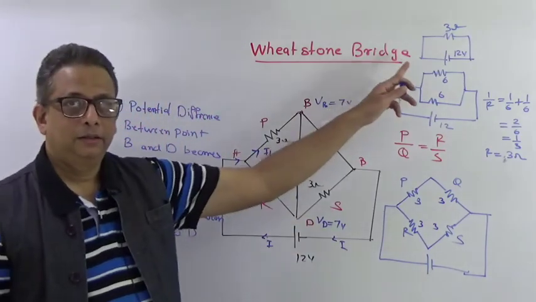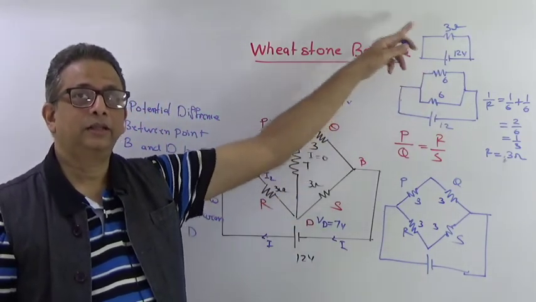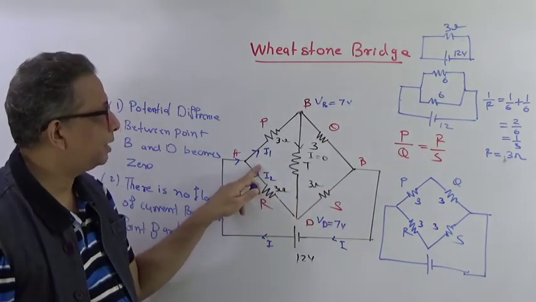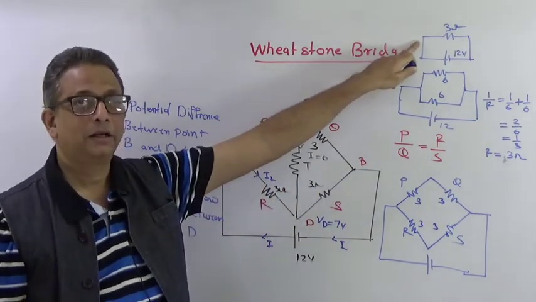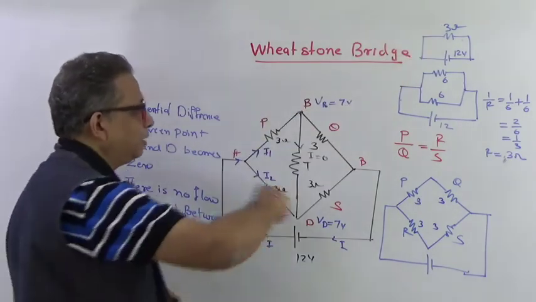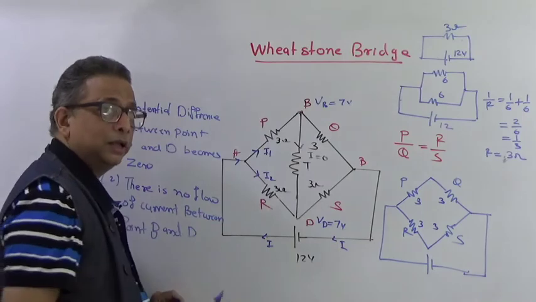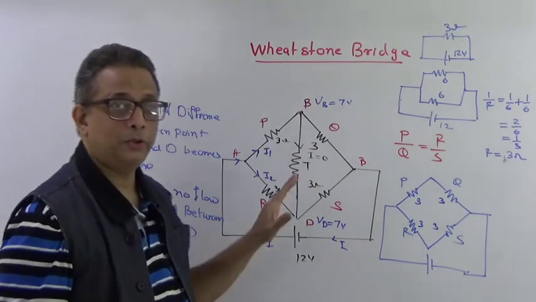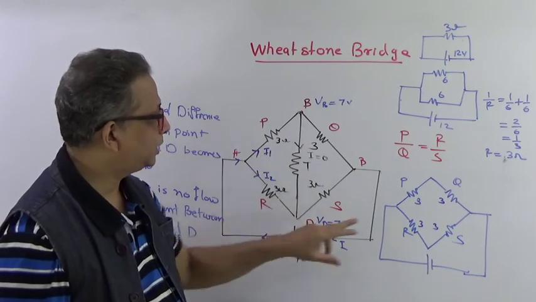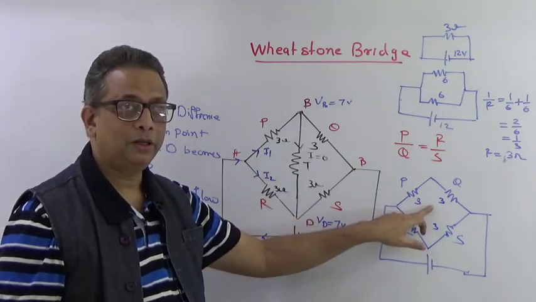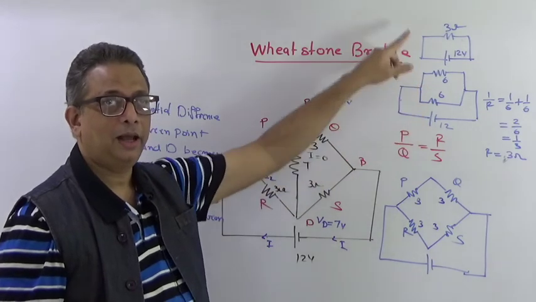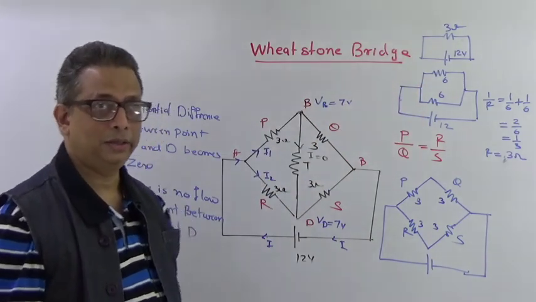Is this clear? So this will be 12 volts and it is going to be 3 ohms. So finally this circuit has been reduced to this value. So 3 ohms is the equivalent of all these 5 resistances. It was possible because this bridge was balanced, so I could remove this resistance. After removing this resistance, it became easier for me to add these two resistors in series, add these two resistors in parallel, and get the final equivalent resistance.